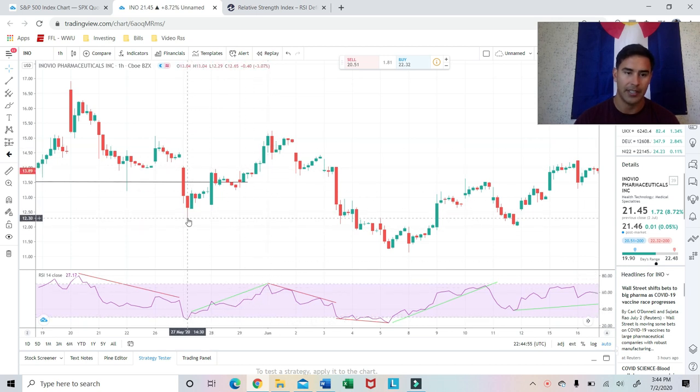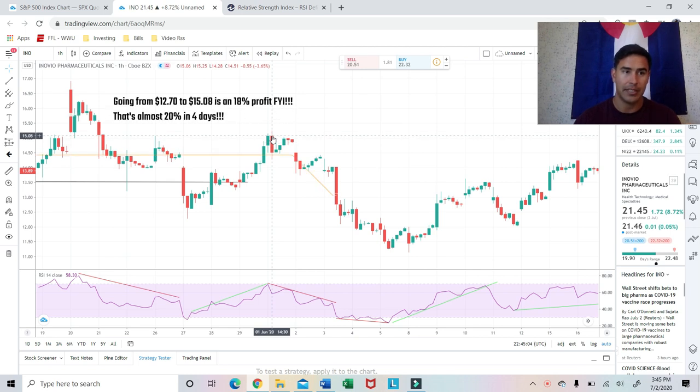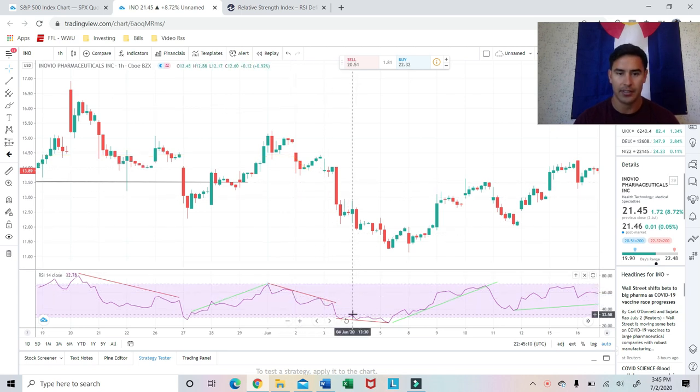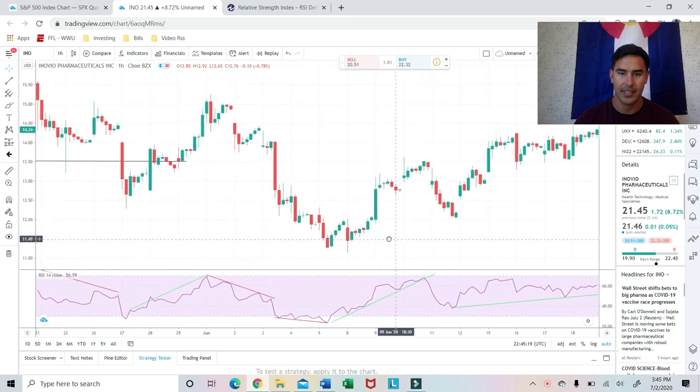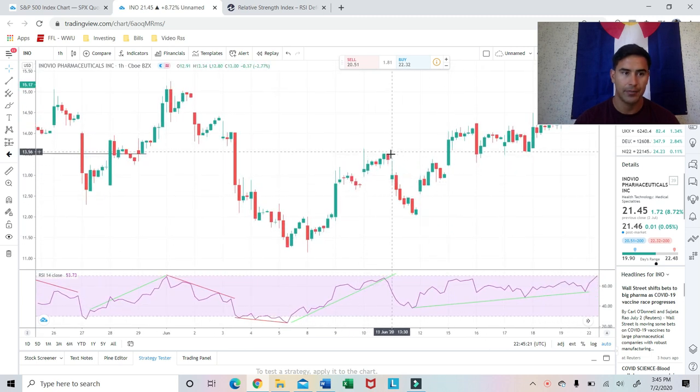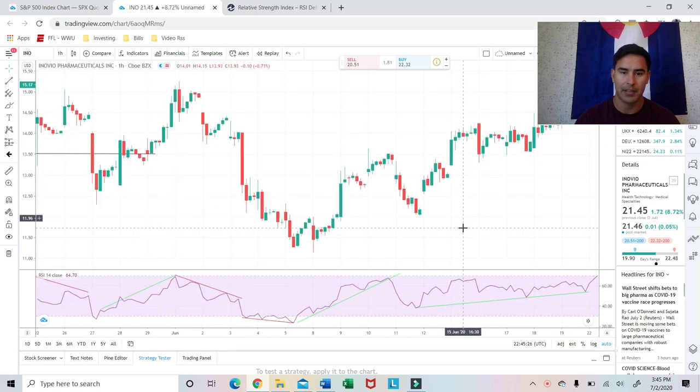So you could have bought down here at $12.30, and then sold where we hit the top of the 70, and then you could have sold at 15.08, all right? And then again, you just keep following the waves, downward trend, another downward trend, and then we're definitely oversold. We're at 22, okay? So you could have bought in here at $11.25 and rode the wave, sold at $13.50, or if you were trying to keep it in the macro, okay,